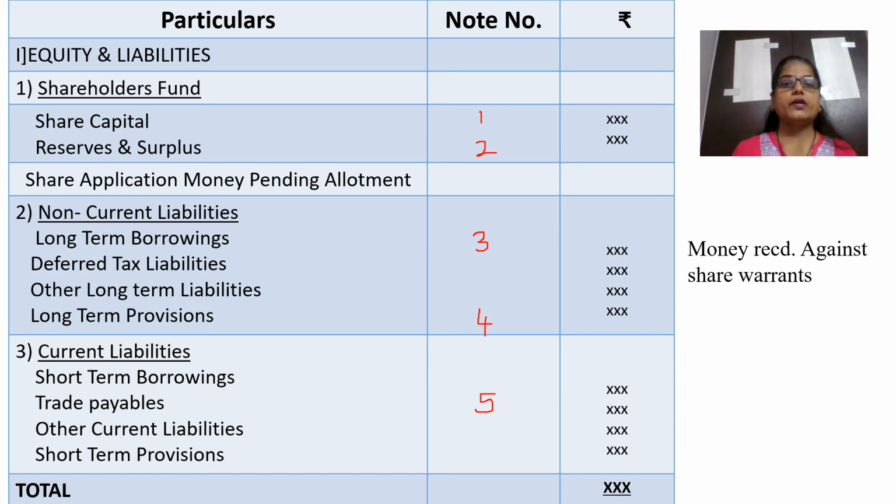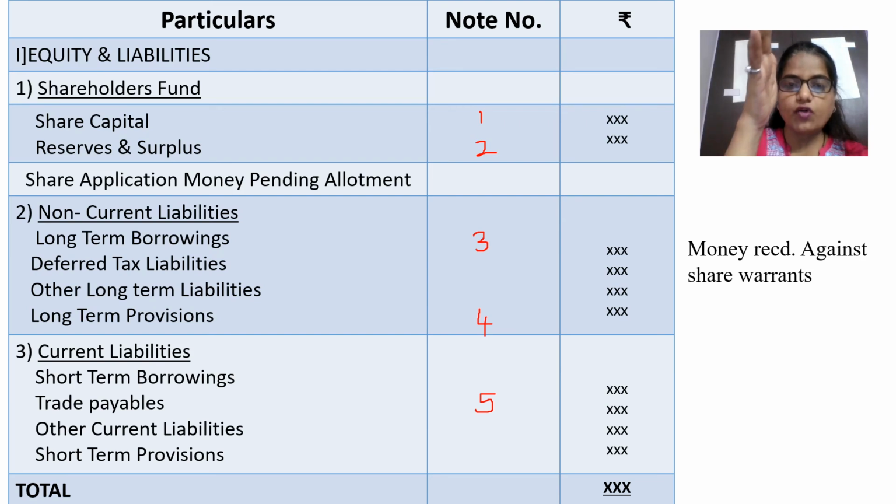तो this column is particularly for giving the note number, that is the reference you are giving कि शेयर कैपिटल का डिस्क्लोजर आपने किधर दिखाया है तो ये नोट नंबर 1 में दिखाया है. So that is the reference number we are giving here, that is our note number. And then the third column is rupees. Whatever rupees you are having, whatever is the amount of the liability that you are going to put here. And then in the end here you are going to have the total of liabilities. This comes the total of liabilities. So this is the half format of balance sheet.